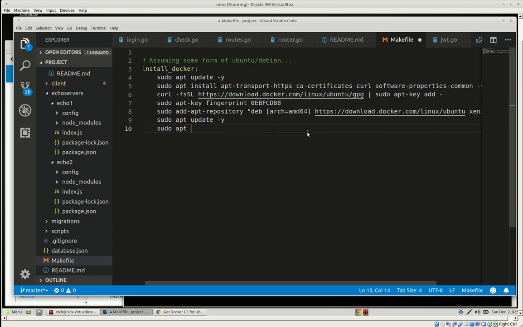So sudo apt install docker-ce, and we also are going to need docker-compose as well, because later on we'll use that. And then sudo addgroup --system docker. Okay, sudo adduser